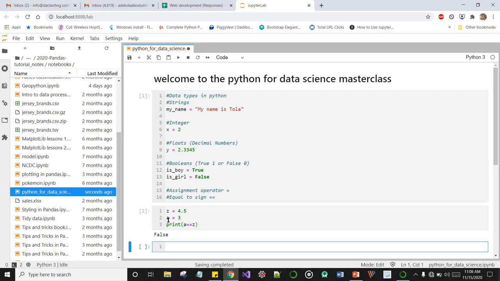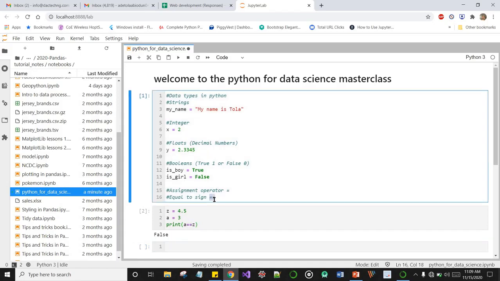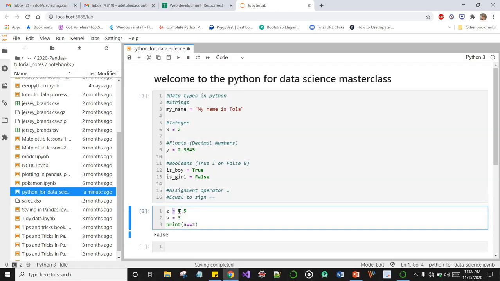That is, the value of a is 3, right, and the value of z is 4.5, and we know that logically 3 is not equals to 4.5. So you are actually checking for equality when you have the double equal to, but this is just an assignment operator. We are assigning this value 4.5 to this variable z.